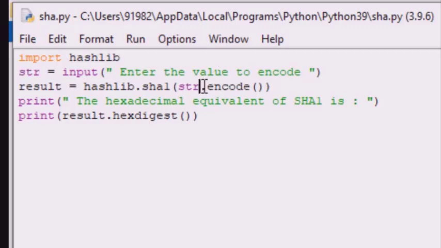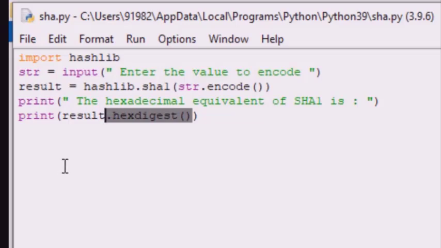For the same we have used the function encode, and the result is stored in the result variable. The next part is to return the encoded data in hexadecimal format, and for that, students, we use another function, that is hexdigest. So this hexdigest function will return the encoded str in hexadecimal format.